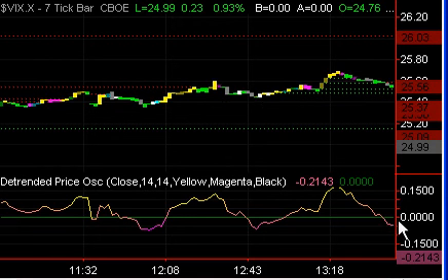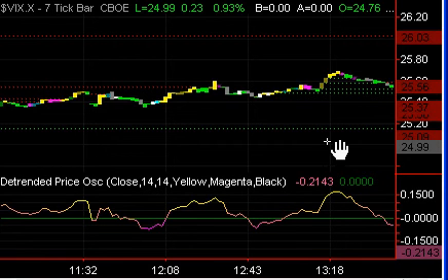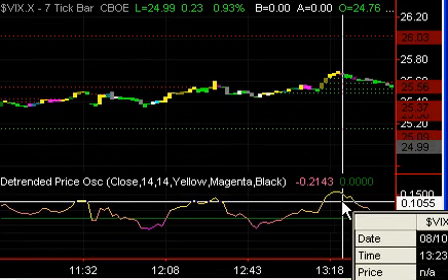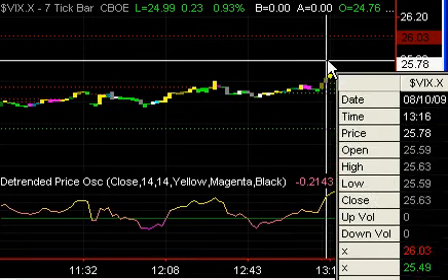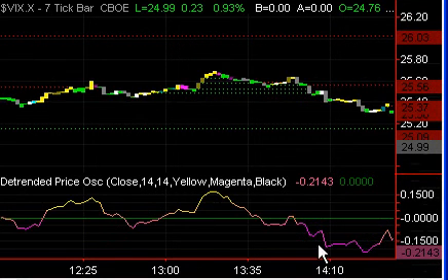And finally, as we get our last move up, and let me just change the resolution there a bit, we get into new highs on the VIX once again, and when we compare the previous high to the new high, and we'll move this over a little bit,